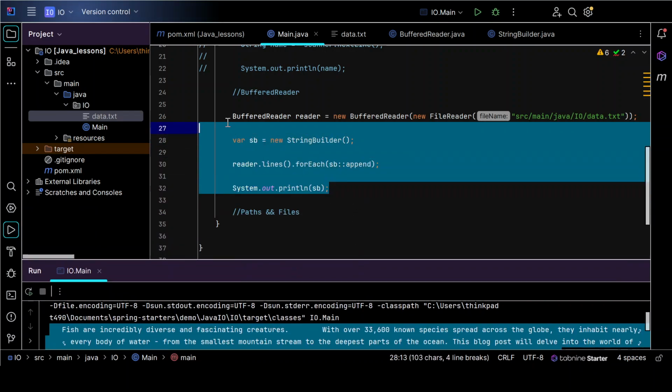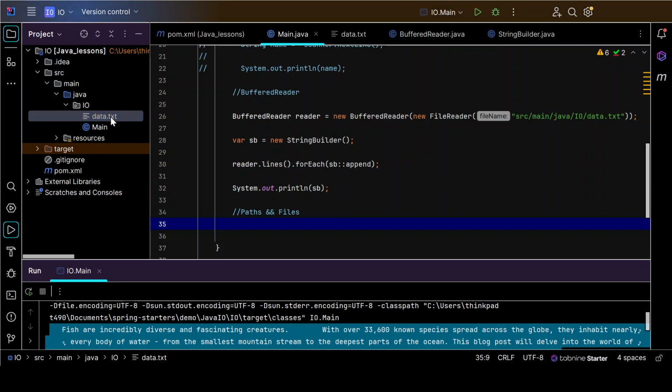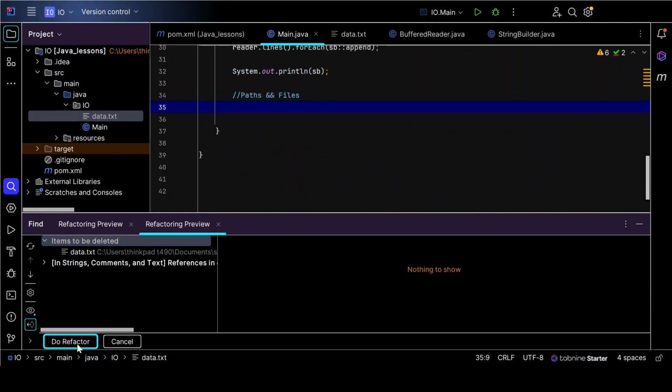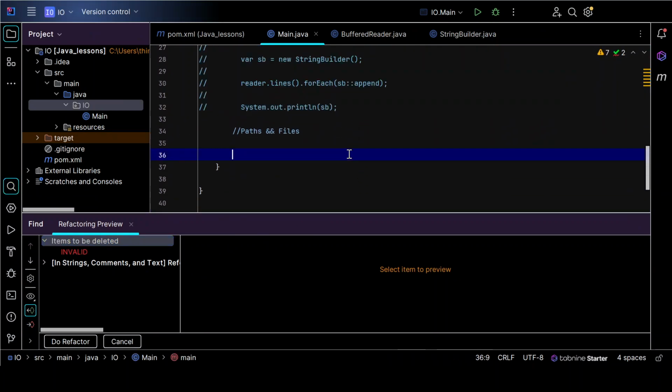Now after that, I'm gonna talk a little bit about Paths and Files, how to create new files and copy files. For that, I'm gonna delete this file for now, and I'm gonna do a refactor. I'm gonna comment this code for now. To create a new file in Java, I'm gonna use Path. I'm gonna say source, and I'm gonna say Path.get and I'm gonna pass it